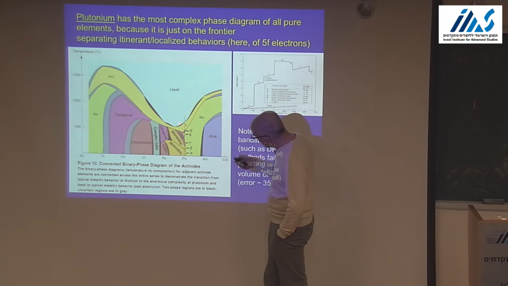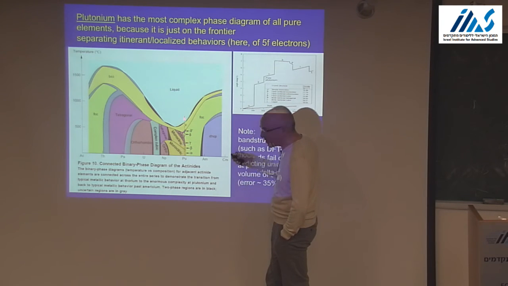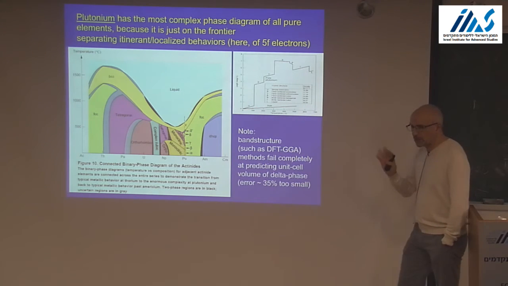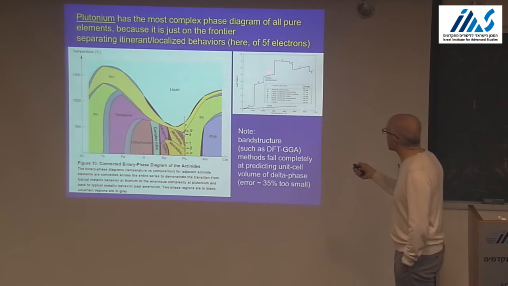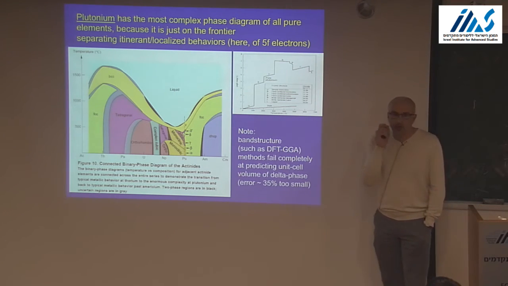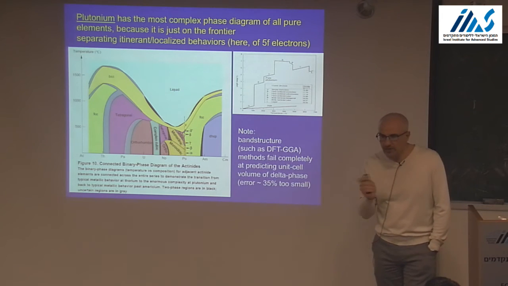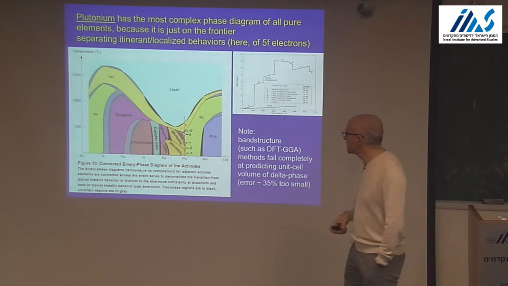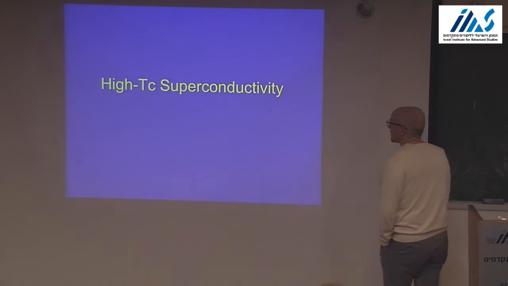And you see here that there is, in particular near plutonium, an incredibly complex phase diagram. Metallic plutonium, just monoatomic metal, has 1, 2, 3, 4, 5, 6, 7 different phases as a function of temperature. And this is also a manifestation of the competition between localization of F electrons and delocalization. But I don't want to